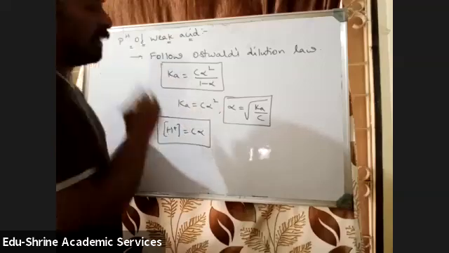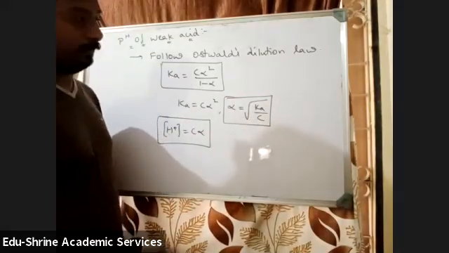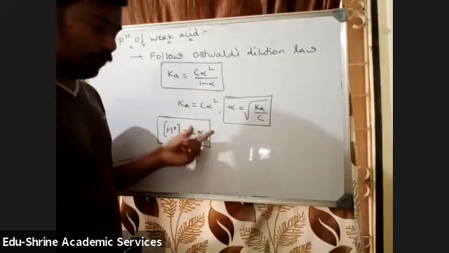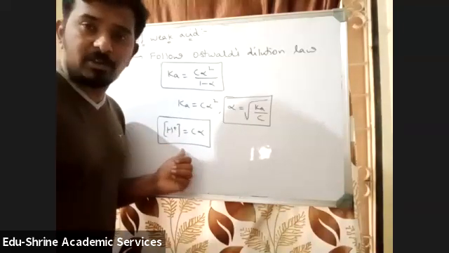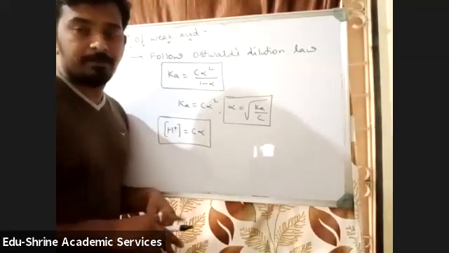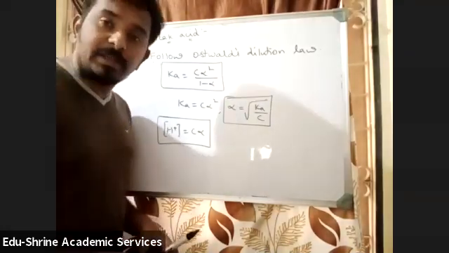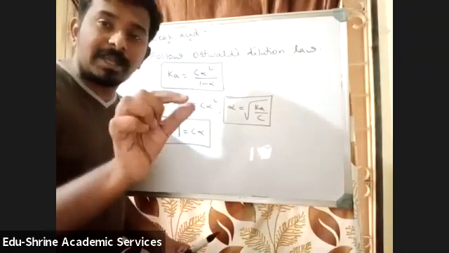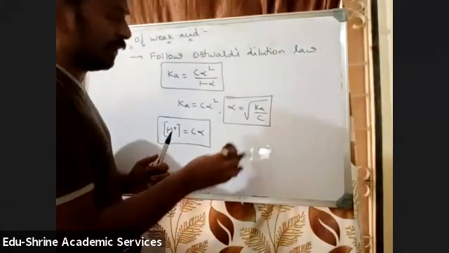So as we need to calculate pH, we can derive an expression for pH also. Or if you know these three formulas, you can directly calculate H plus. Once you know H plus concentration, we can calculate pH. pH is equal to minus log H plus. Sometimes in the exam, they will directly give the expression: which of the following is the correct expression for pH of a weak acid? So in that case, we need to derive, no?